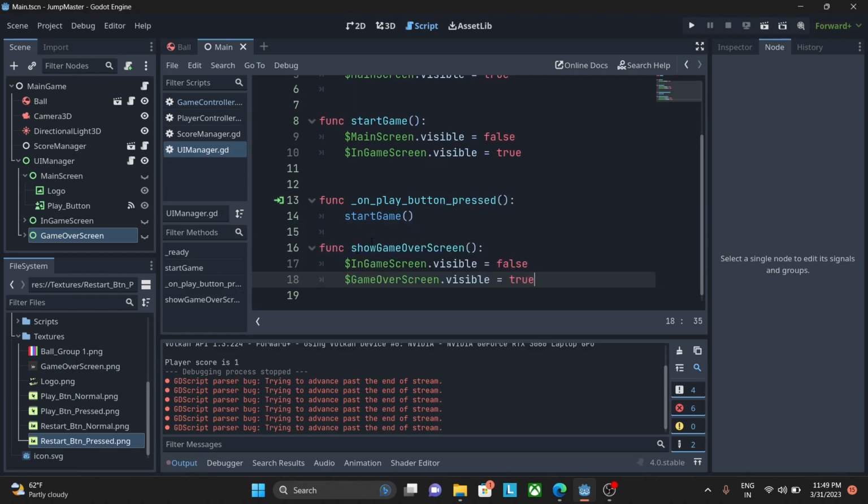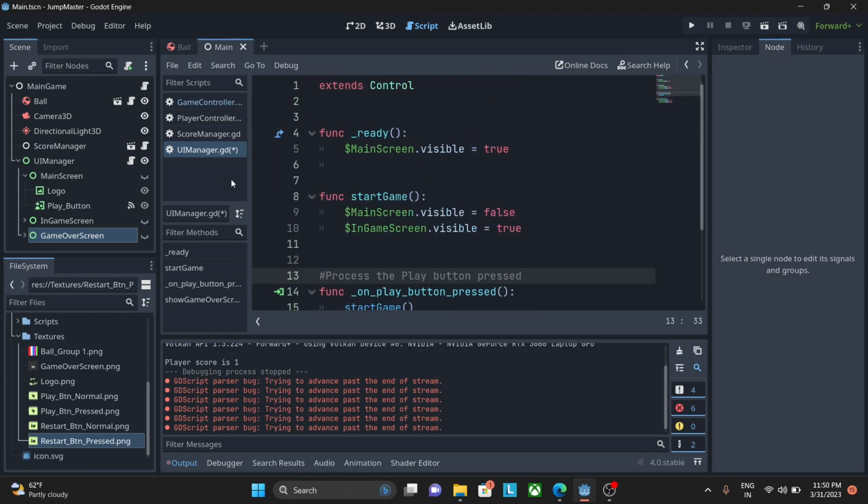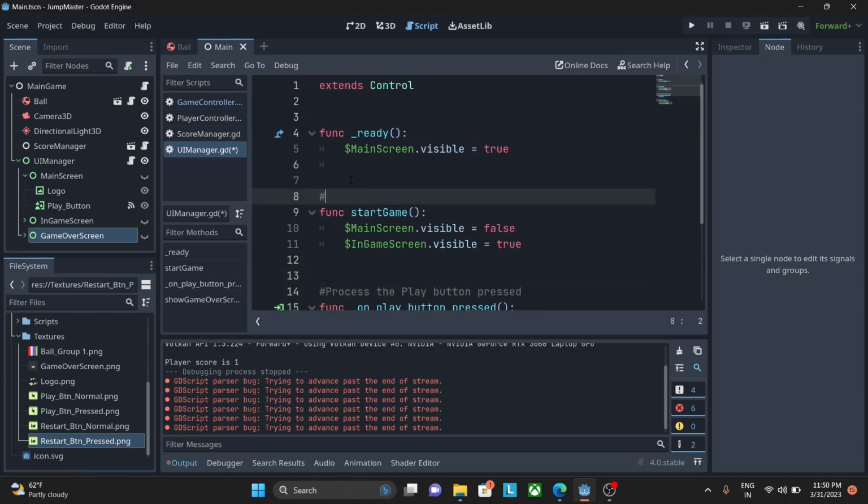So this is the screen which will be shown. Show game over panel. This is to process the play button pressed, and this basically shows the